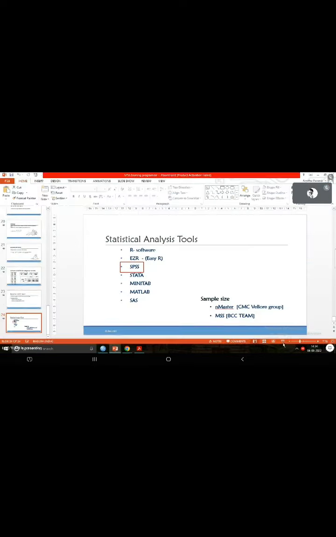Okay. So just to give you an idea, there are many options available on how to perform statistical analysis, especially the packages. Of course, in this particular workshop we are focusing on the SPSS software, which is paid software. You can only access the demo or trial version of this software for free, but if you need the original licensed one, you need to pay. Similarly, we have other software packages such as Stata, Minitab, MATLAB, SAS. All of these are paid software.